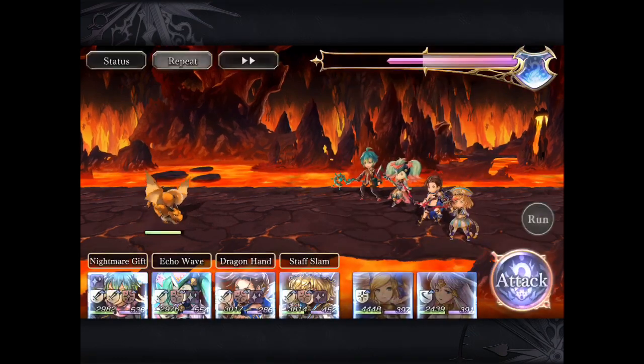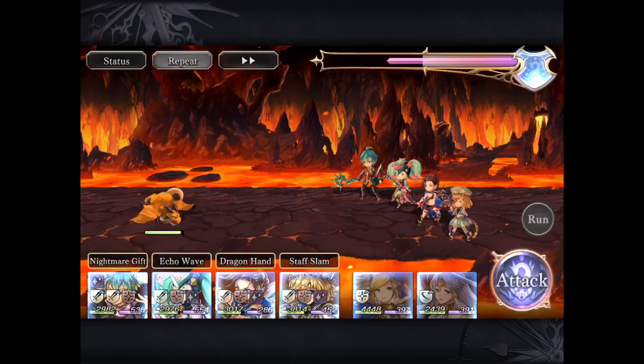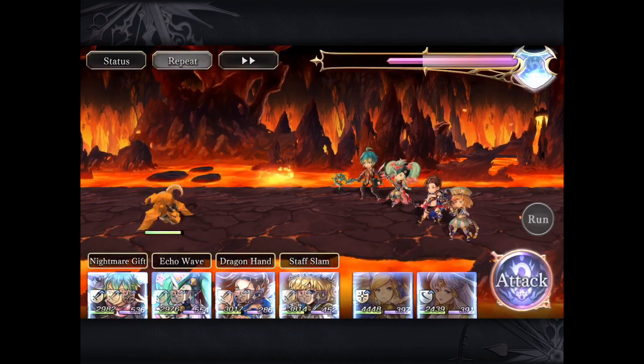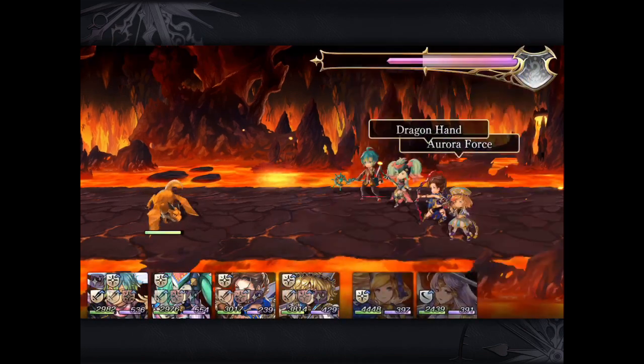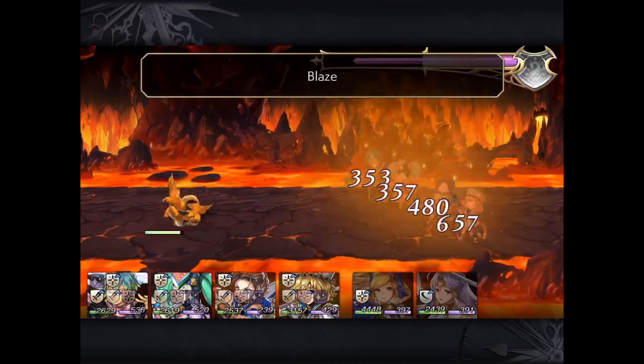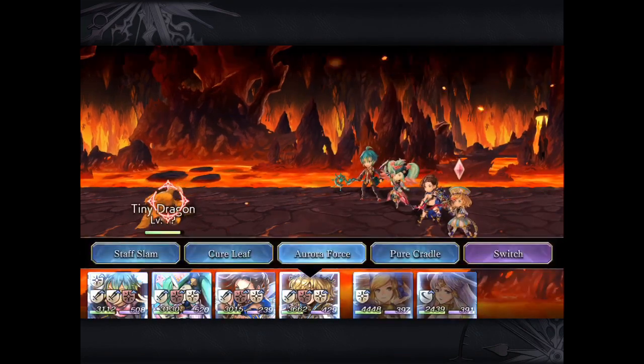So if you watch my rotations, I actually always start with Aqua Wall and Aurora Force. It really mitigates a lot of damage. Since there are no physical attacks, there is no need to use Aiming Flood in this case. And I'm just using Echo Wave as well as Dragon Hand to multi-hit as much as possible and boost the